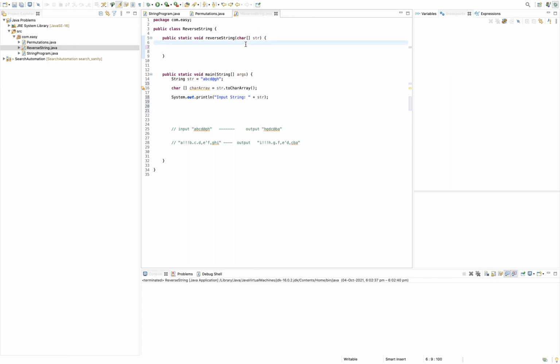Now understand the logic, guys. So here I have converted this into the character array. Now what we need to do is iterate from the beginning as well as from the end of the index. So we are going to take two pointers, starting from 0 and starting from length. Then we will be checking if the ith index and jth index are special characters or alphabets. So let's just write it. I will tell you how we are going to solve it.